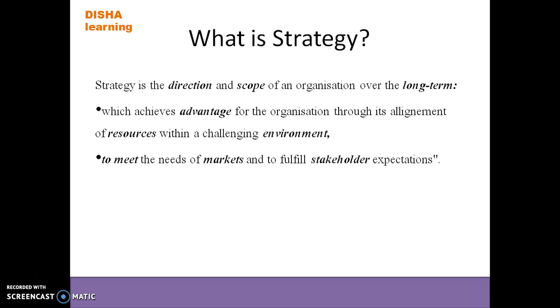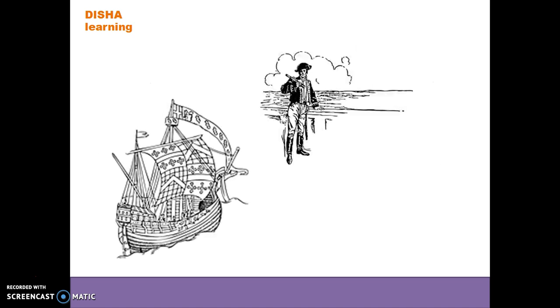So a good way to understand strategy, I find, is to think of a ship. Now, the ship is not made to be anchored in a harbor. No, it is made to journey over the oceans. It is made to carry people from one place to another. It is made to make trade happen. So a ship's job is to be on a journey. Now, a journey always includes a starting point and an ending point, or a destination. A journey always has a destination, right?